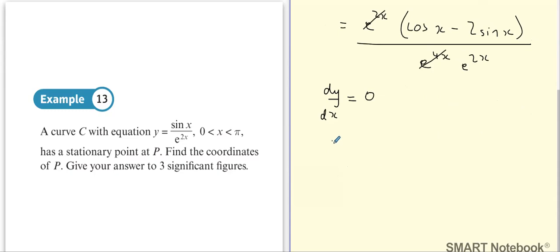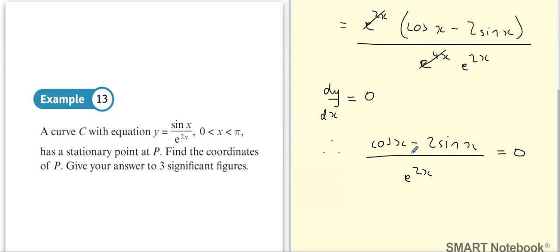So therefore, cos x minus 2 sine x over e to the 2x should be equal to 0. Is everyone happy with that? That is where we are going to find our stationary point. But the problem is